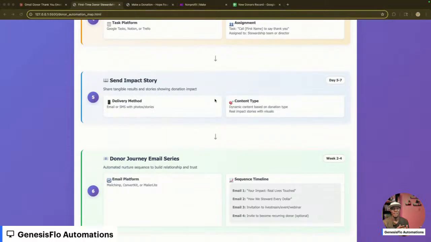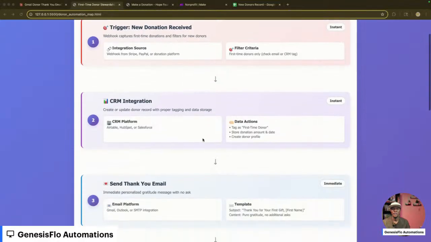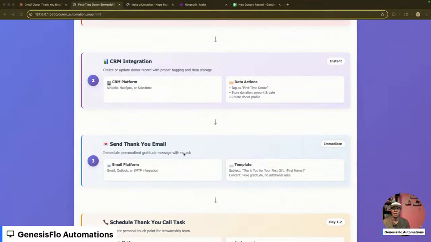So you're basically maybe from, let's say, 20%, adding another 40%, that's 60% right there, and you're pretty much at a good place financially if you are a nonprofit. I will show you how to build the first 3 steps of this automation, which is triggering the donation, integrating it, creating, and then sending them an email.